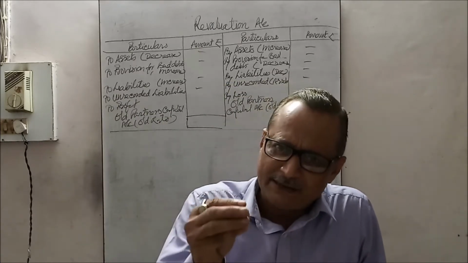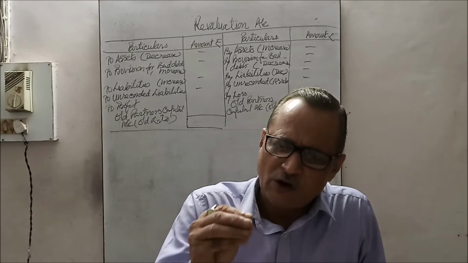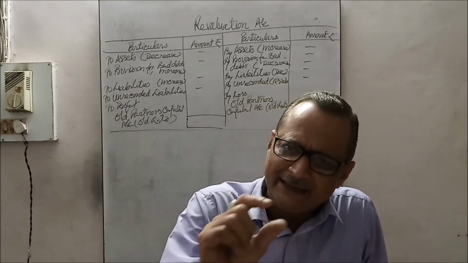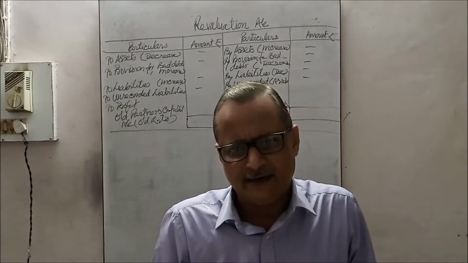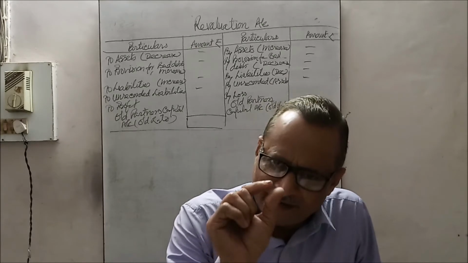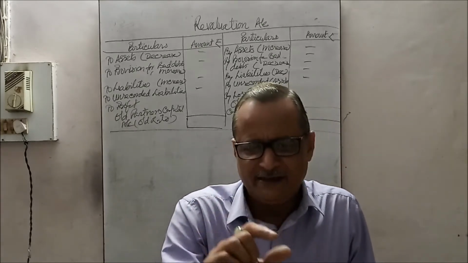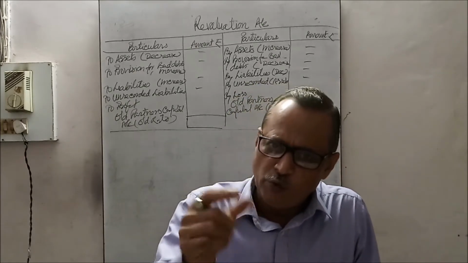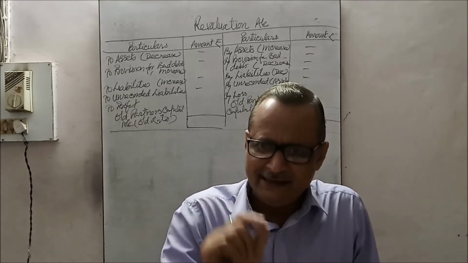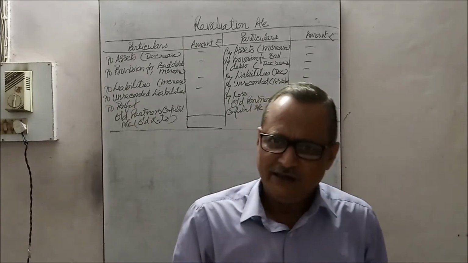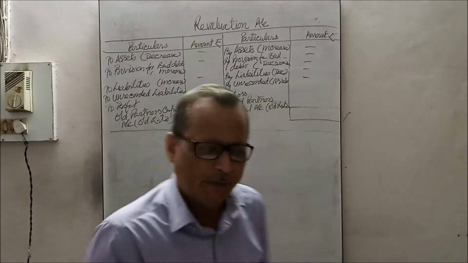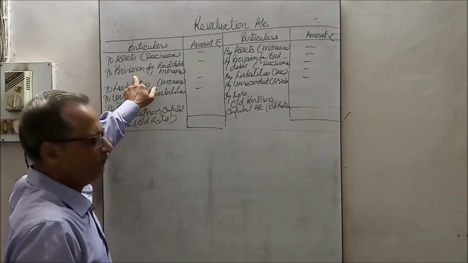If that percentage is more than the previous provision which was already created, the difference between the previous and new one, if the new one is more and the old one was less, is a new creation of provision for doubtful debts, and should be presented in the debit side of revaluation